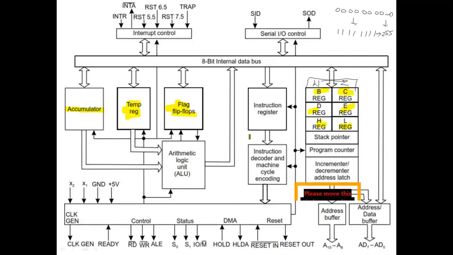Then we have 16-bit registers like the program counter and stack pointer. The program counter is used to store the address of the instruction that has to be executed next. Once a particular instruction is executed, the microprocessor increments the value of the program counter by 1. The stack pointer is also a 16-bit register that acts as a memory pointer. It is a portion of RAM. The stack pointer maintains the address of the last byte that was entered into the stack. Each time data is loaded into the stack, the stack pointer gets decremented. Similarly, when data is retrieved from the stack, the stack pointer gets incremented.